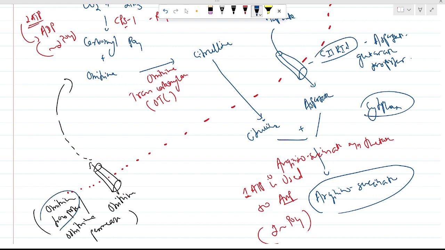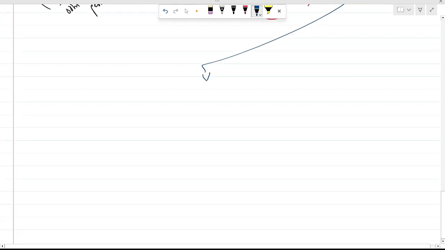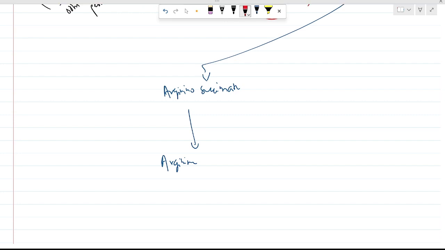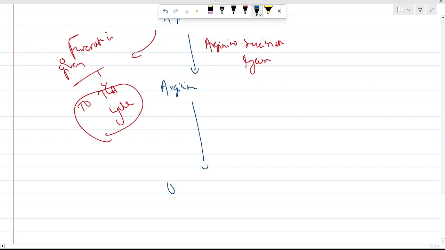Okay, argininosuccinate is formed. Now from here in the cytoplasm, argininosuccinate is converted to arginine. What is the enzyme here? Lyase enzyme, argininosuccinate lyase. Very simple. Here fumarate is given out, to the TCA cycle, as we have discussed in the bicycle. In this step arginine is formed, and further in the next step, arginine is converted to ornithine